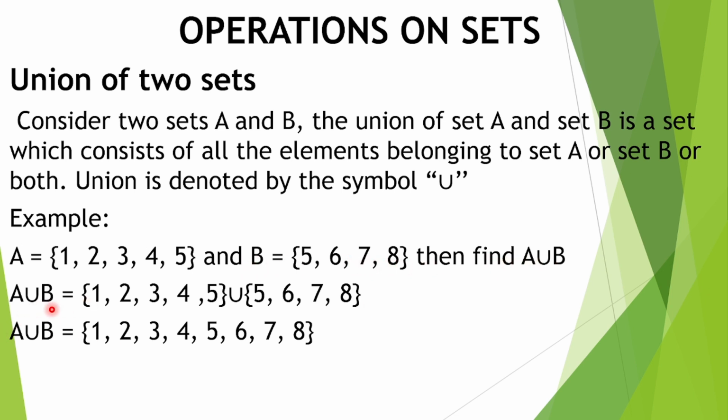So A union B. First of all, we will write A, this is A union, and this is B. Now we will make a new set which will be equal to A union B, and we will write all the elements which are present either in set A or B. So we will write 1, 2, 3, 4, 5, 6, 7 and 8, because all these elements are present either in A or in B. Also please remember that 5 is included in set A as well as in set B. So if there is an element which is present in both sets A and B, we will write it only one time like this. So this is equal to A union B.